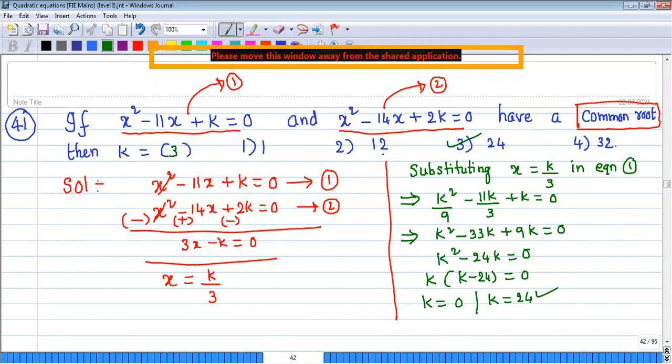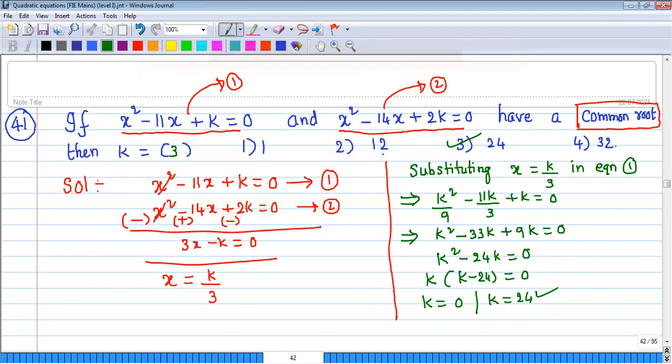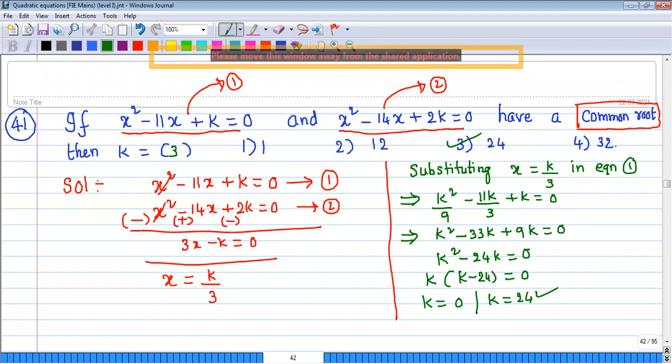Because you can use the condition also, (c1a2 minus c2a1) whole square is equal to (a1b2 minus a2b1) into (b1c2 minus b2c1), but that will be the very lengthy method. You need to pick up a1, b1, c1, a2, b2, c2, and again you need to substitute. So that also you can do it, no problem.